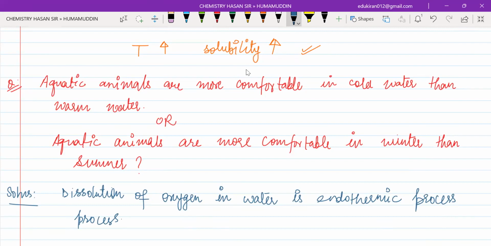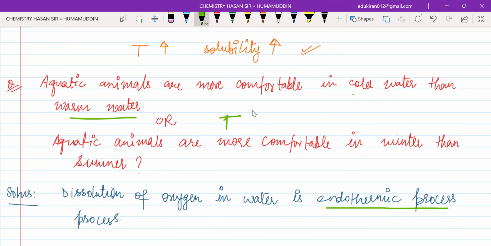Now, can you answer it? Aquatic animals also require oxygen to live, and when oxygen dissolves in water, in ocean or in a pond, that is an endothermic process. And if the water is hot or warm,